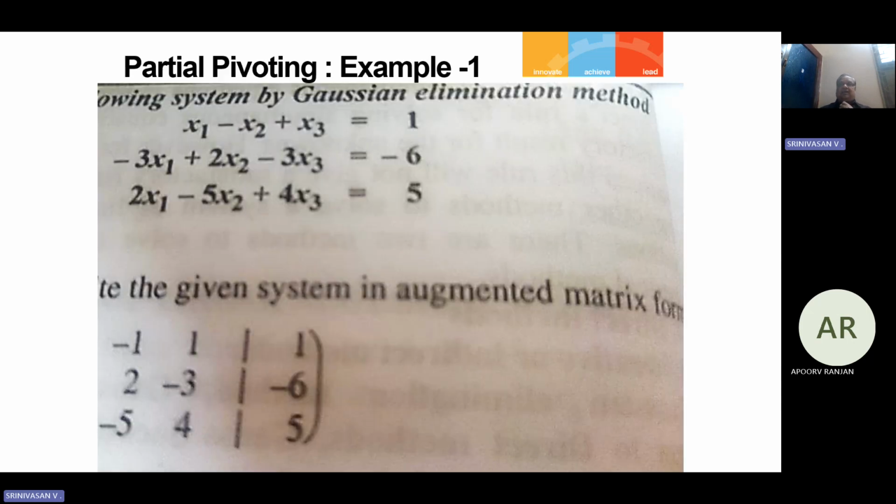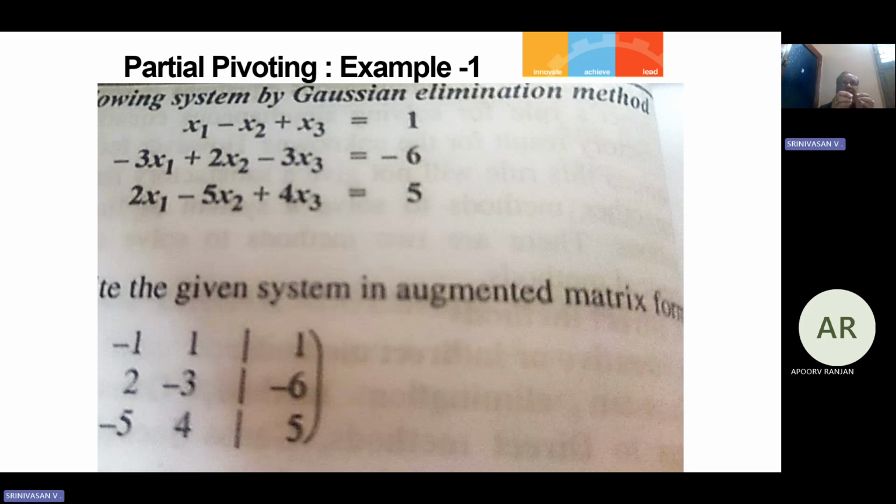Just look at this. I give you a good example where the problem is to solve by the Gaussian elimination method with partial pivoting. Therefore, remember, if in the question paper you are asked to solve by Gauss elimination method without searching for the largest element and making changes in the pivot, the only condition for elimination in general is that the first row, first column element should be non-zero. If it is 0, naturally you have to interchange. But even if it is non-zero,